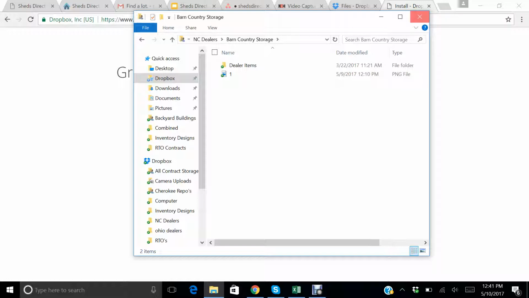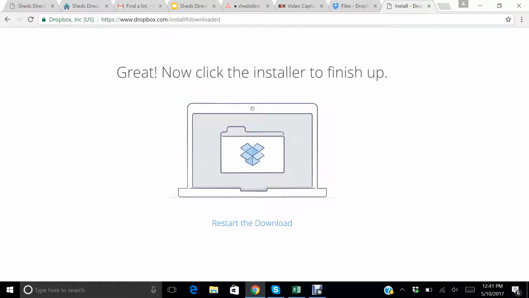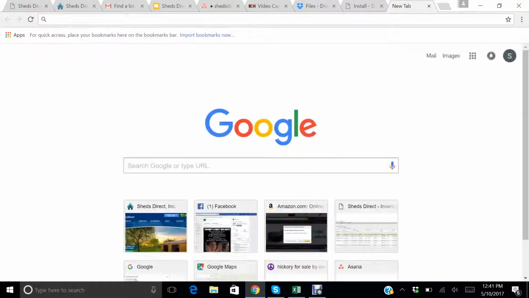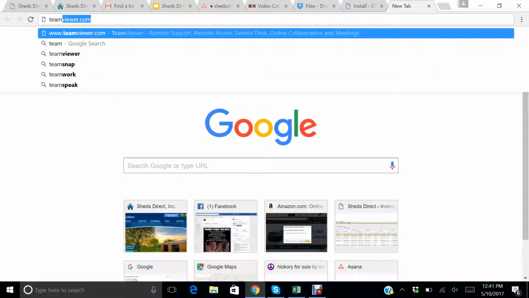So the next thing we're going to do is TeamViewer. TeamViewer is a program that we use on your computer, and it just allows us to jump on your computer from here in our corporate office and take control of your mouse and walk you through certain things that just need that kind of training. So the first thing you're going to do is go to your browser and go to teamviewer.com,